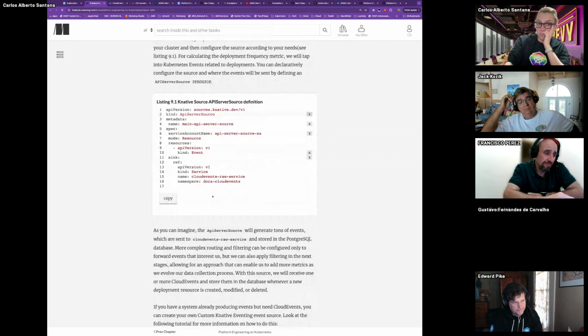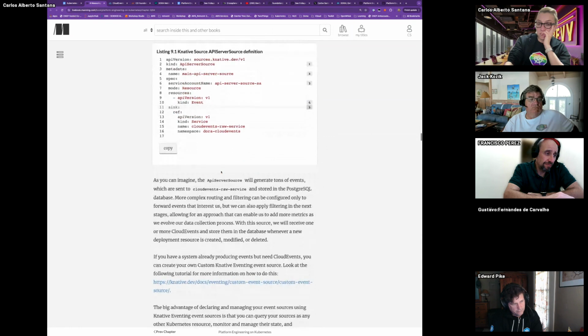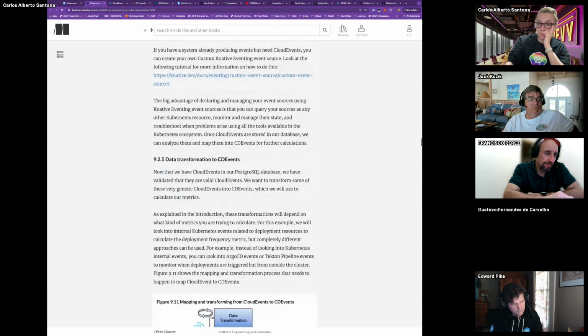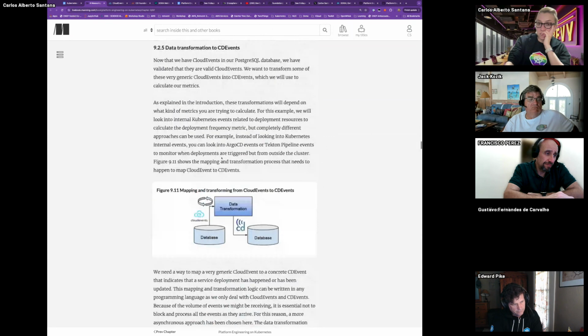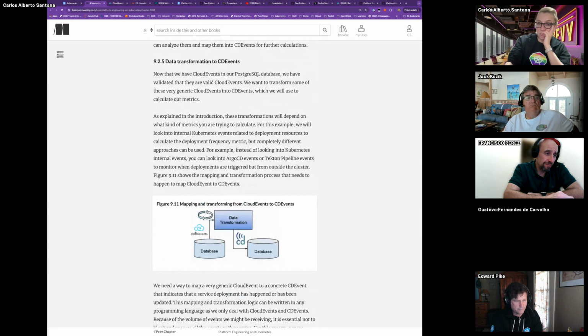I think this is explaining how to get an event, how to create a source out of Kubernetes events into CloudEvents, and then down here. So he takes an event, which is a CloudEvent, and he will save the CloudEvent into a database, and then he's going to run a batch job or cron, taking the information, transforming it, and converting it into a CD event schema and putting it into the same database as an additional table.